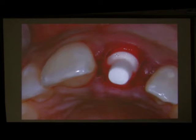We push down. This is 4 months post-op, not in surgery time. At 4 months post-op, we put temporary cement. We push down the gum. We don't care how the crown is connected to the implant, and we tell the patient to come 2 weeks post-op, 2 weeks post-visit, and when we take out the crown, sometimes there is no gum, and sometimes there is